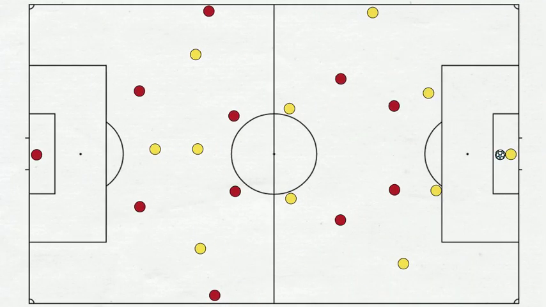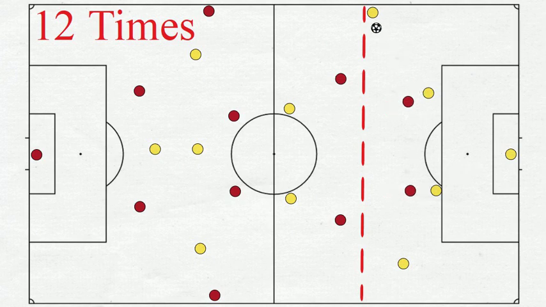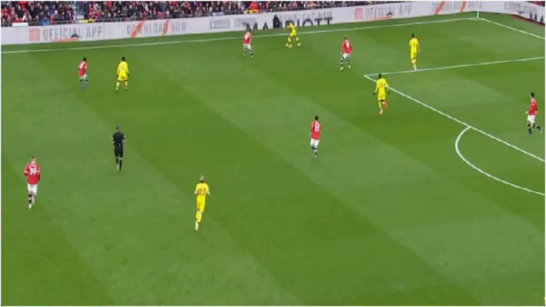The stat that has done the rounds the most is United winning the ball back 12 times in the final third. This central compactness made it very difficult for Palace to play out, and United were either turning Palace over directly or spooking them into making a mistake. Going to a screenshot of the game, we can see United's 2-2-2 press formation. Klein is on the ball and doesn't have anywhere to go, and all he will see in his peripheral vision